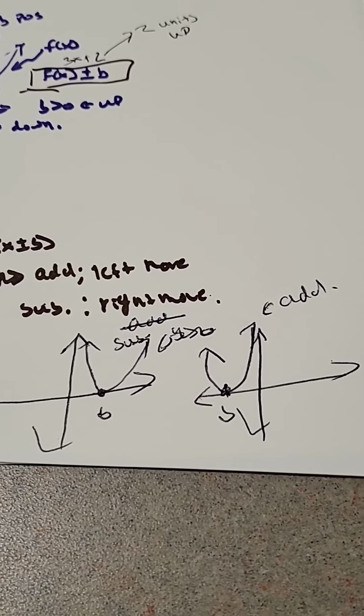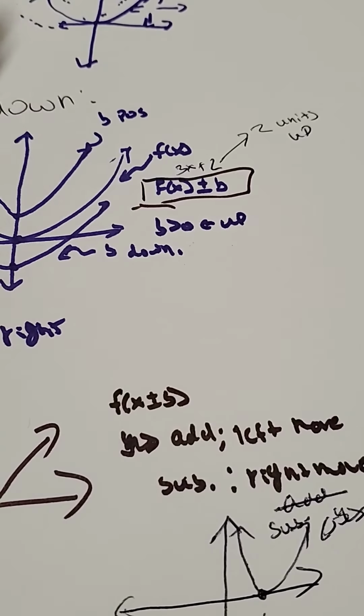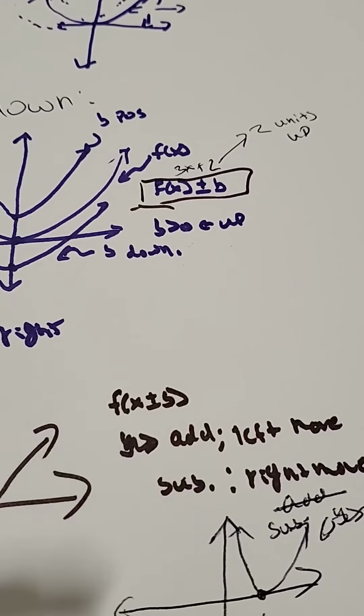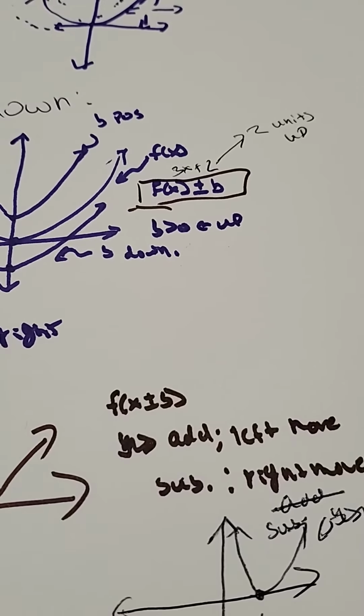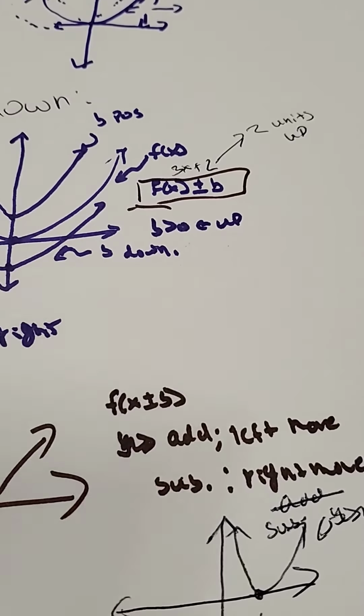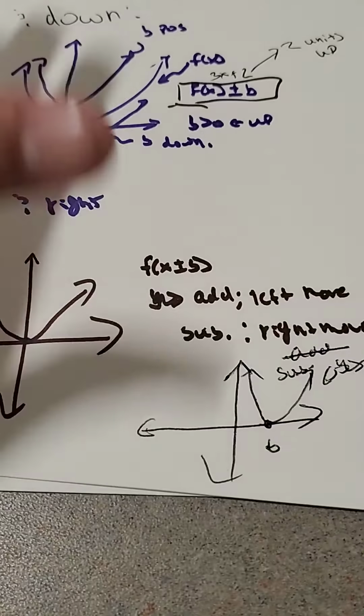That's really simple. So up and down. If we add outside, it goes up and down. If we add and subtract outside, it goes up and down, where up is positive and down is negative. But if we add and subtract inside,